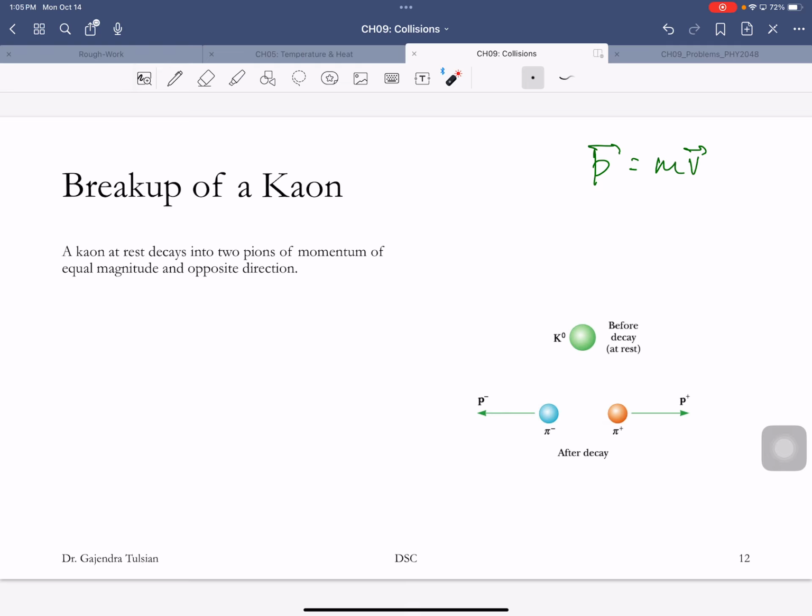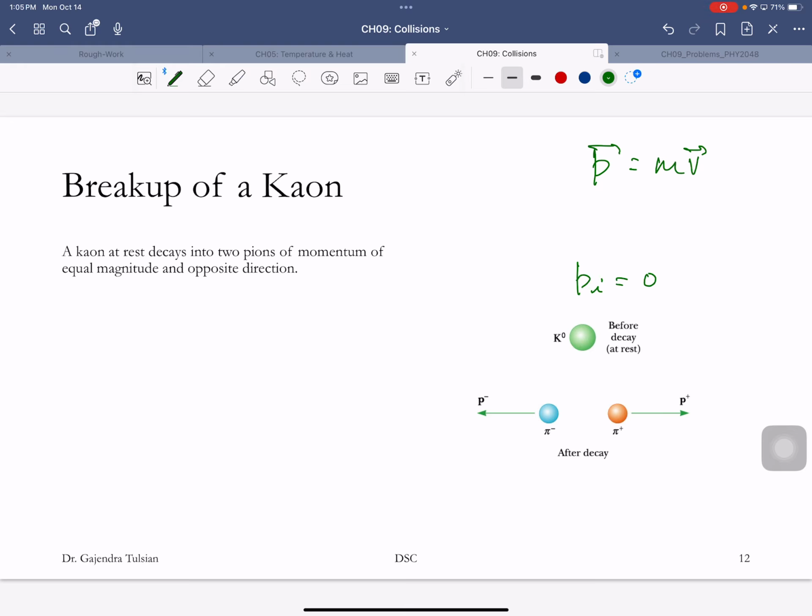So if he's at rest, his velocity is 0, his momentum is 0. These guys might live about a billionth of a second, and then they decay. And this guy splits into a particle-antiparticle pair. Now, when this guy splits, his initial momentum was 0,